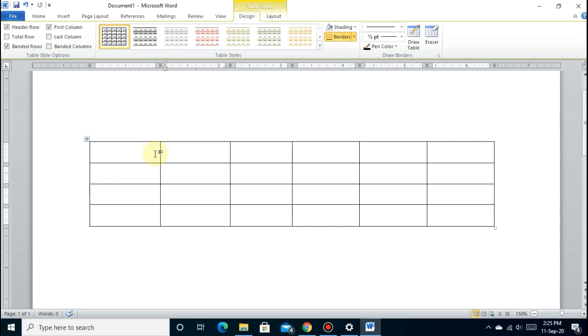Then if you want to enter data in a table, then click in the cell where you want to enter data and start typing using your keyboard. In this way you can enter data in your table.